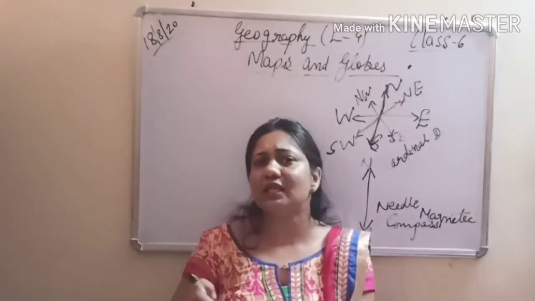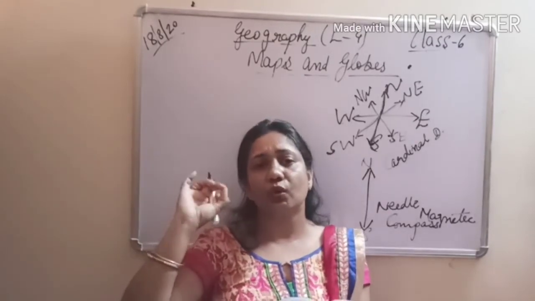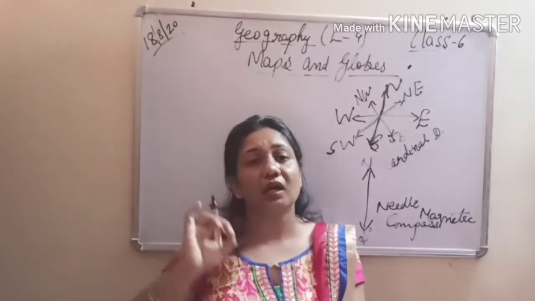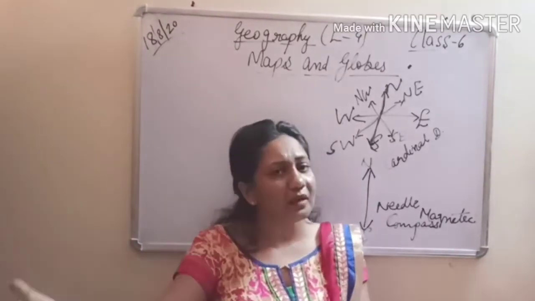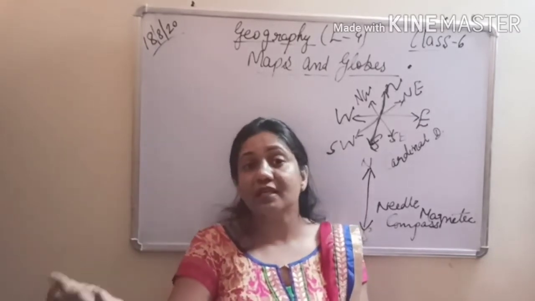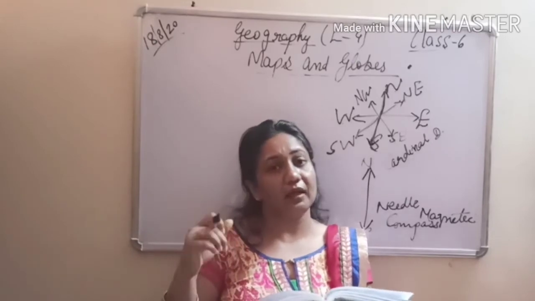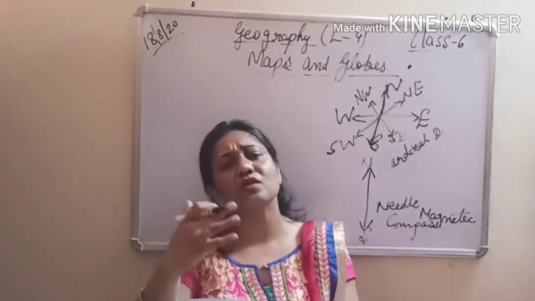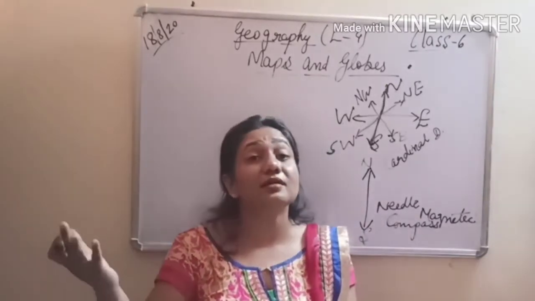So you might have seen in your atlases, in your map, sometimes a blue color is shown, then a green color is also there, then the brown color is shown. What are these? Brown color is always used to represent mountains, then trees, fields are represented by green color. Then blue color is for oceans, seas, water bodies that we have, it is always represented through blue color. So these are the various colors and symbols.